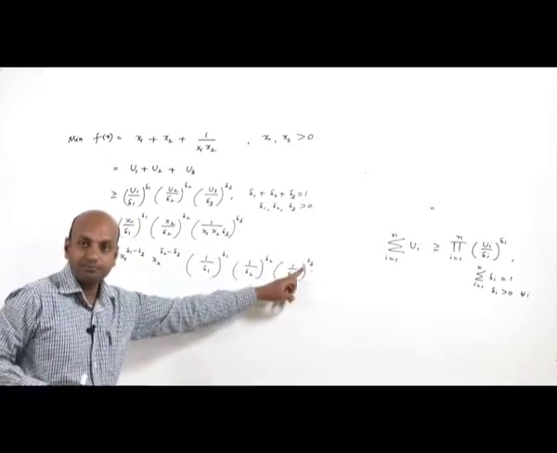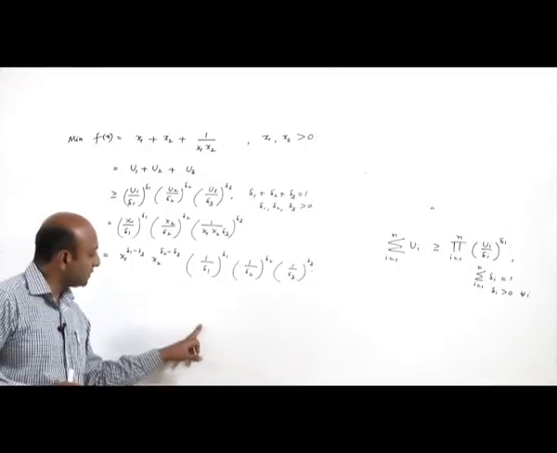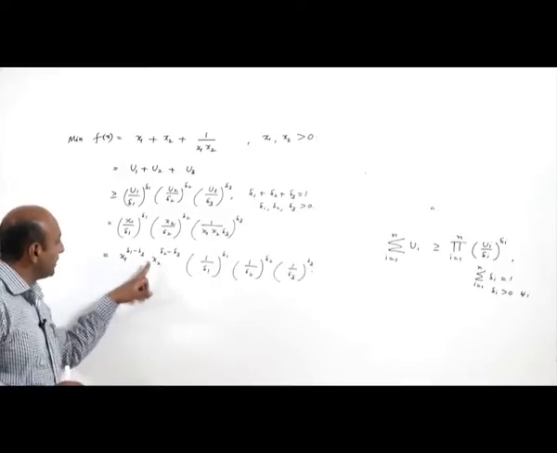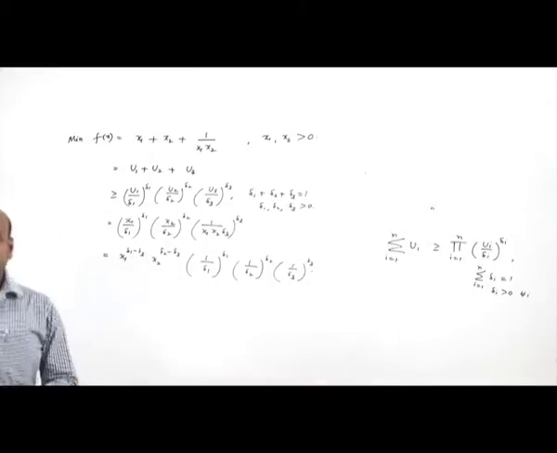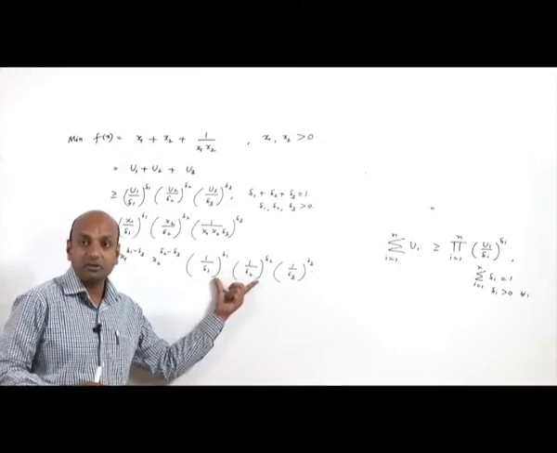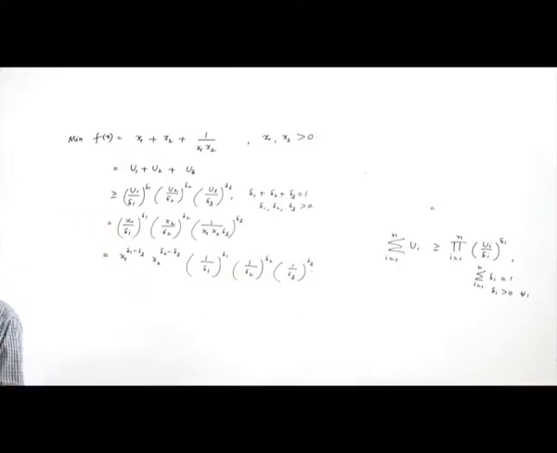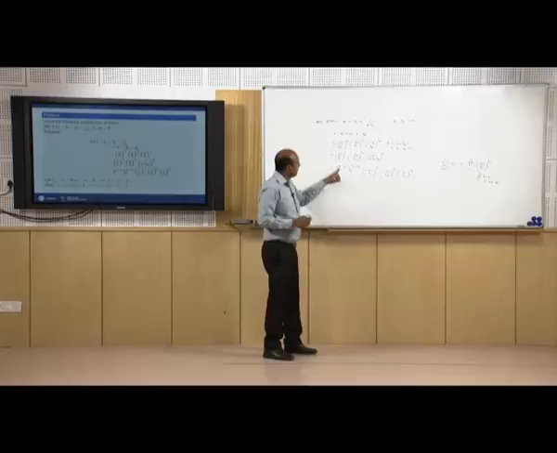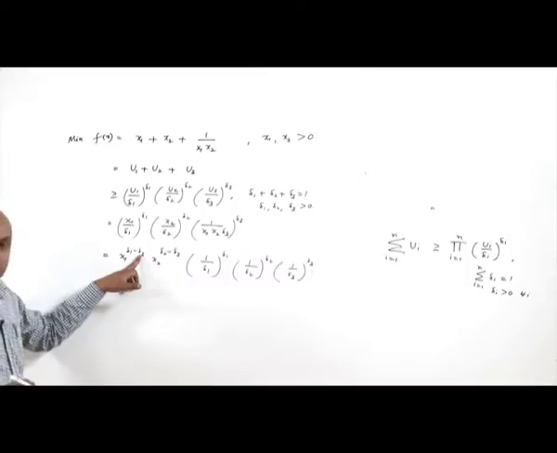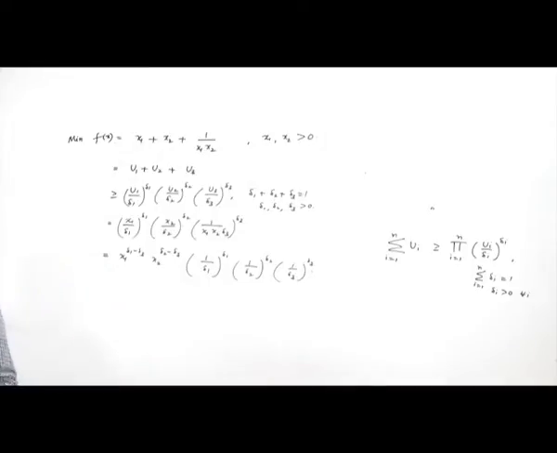Now, in order to find out the maximum value of this, we first make it free from the variables, because the values of the variables are not known. We first choose delta i's such that it will become free from the variables. If variables are involved, we are unable to maximize this expression. That is why we first make it free from the variables. Now, how to make it free from the variables? You can choose delta 1 minus delta 3 equal to 0, delta 2 minus delta 3 equal to 0, so that it will be free from the variables.